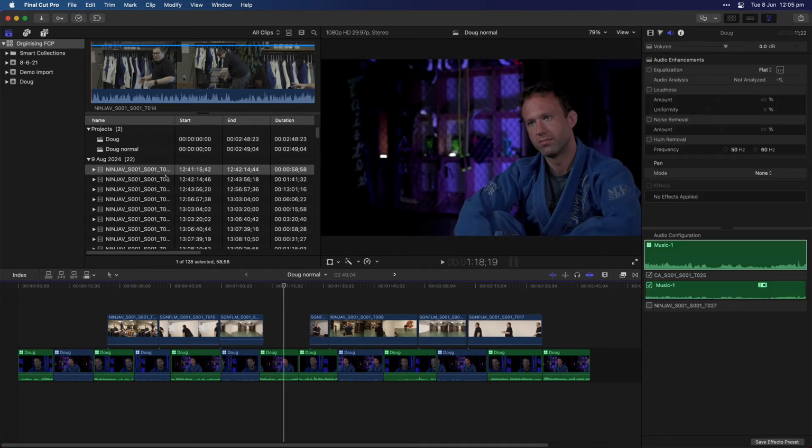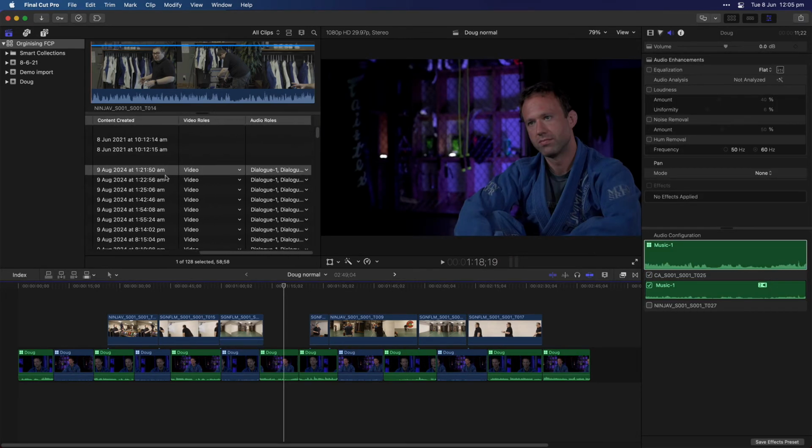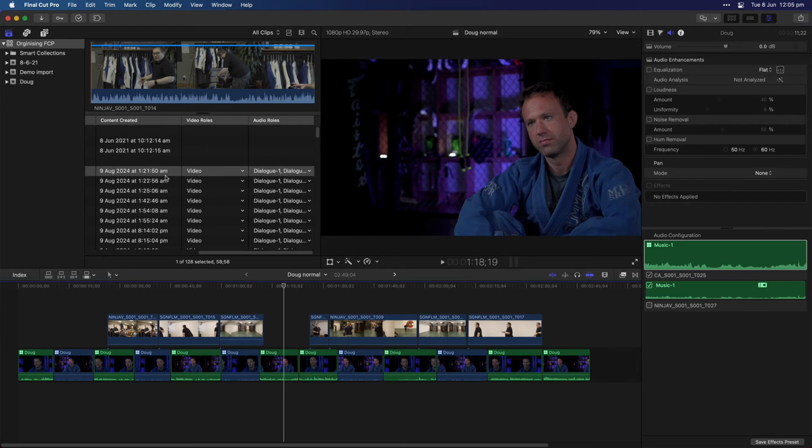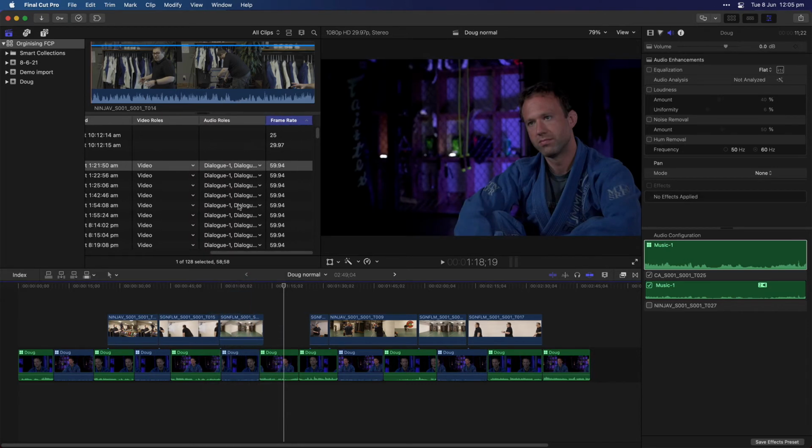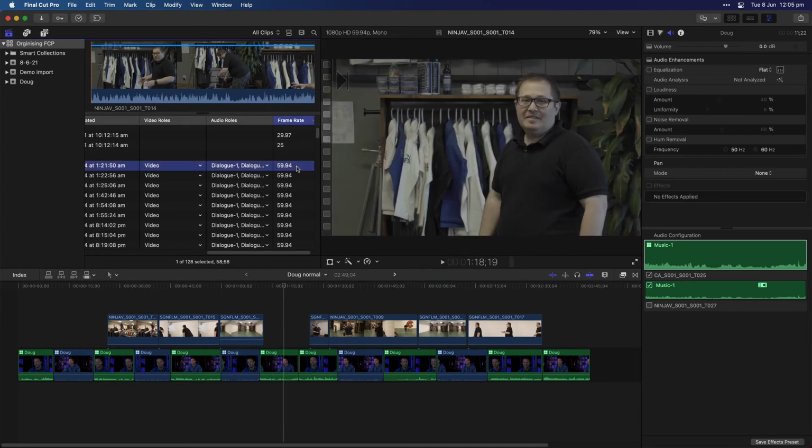And now what I can do is I can come over to my browser, and I want to do this by frame rate. So I want to create a particular color for all the 50 frame per second shots that I've got in here. So I'm just going to right click on the menu bar at the top of my browser, come down to where it says video frame rate. I'm going to add that one, and then you can see it's added the video frame rate. I click on it so it organizes all my footage by frame rate, and I'm going to select all of